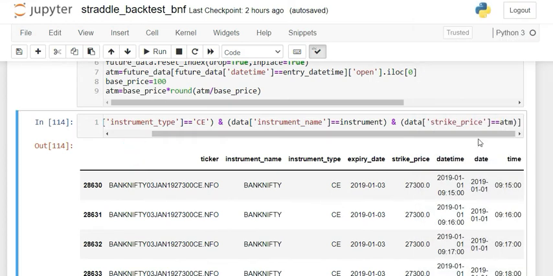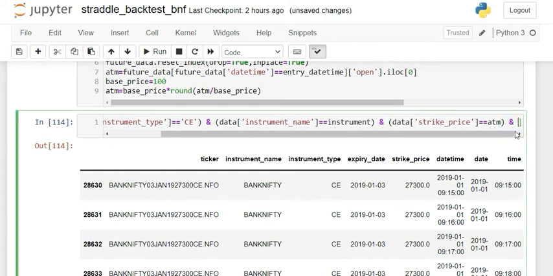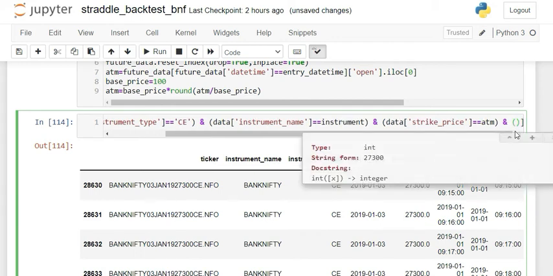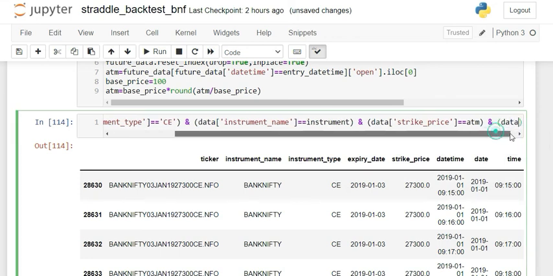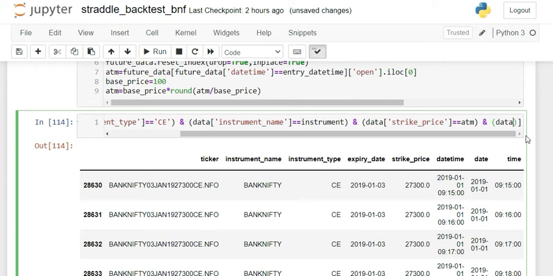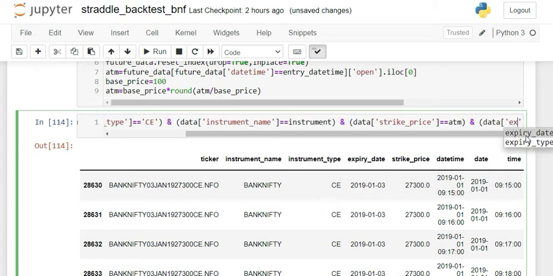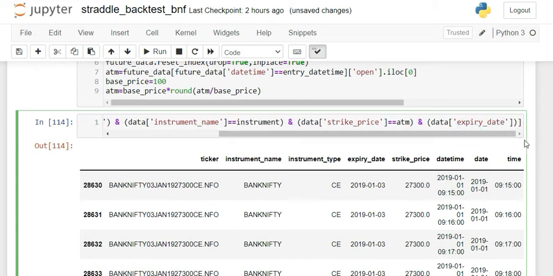Alright, so next I will say data expiry date is equal to